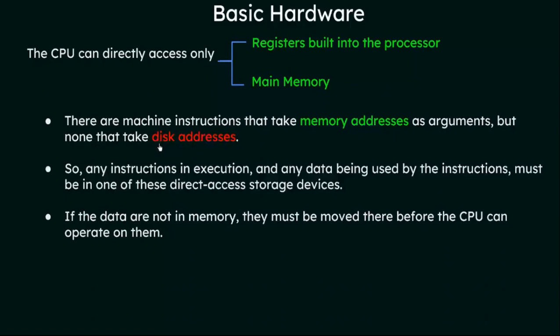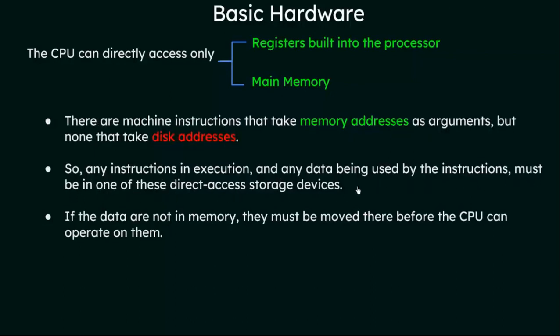Whenever I say disk, please keep in mind that we are talking about the secondary memory. So it is not going to take arguments as the disk addresses, but only the memory addresses. Why? Because the CPU can directly access only registers and main memory. So any instruction in execution and any data being used by the instruction must be in one of these direct